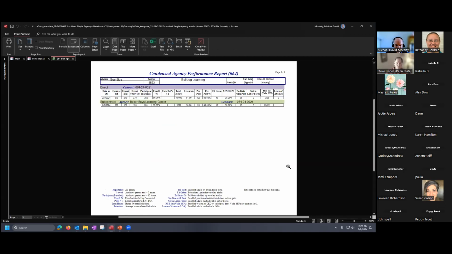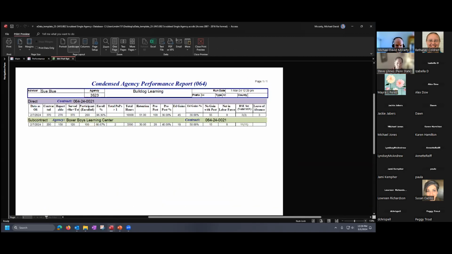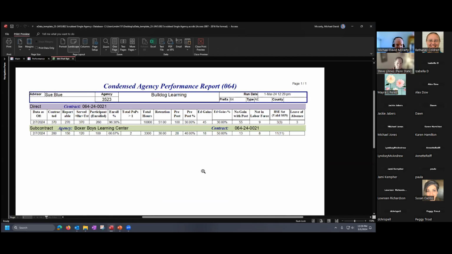And when I click it, you'll see once condensed is selected, you'll get exactly what it says, a condensed report that shows you one line using the most recent date for each agency shown, so direct and subcontractors. This can be useful if you have, again, a ton of data and you're getting towards the end of the year and you just have maybe 50 rows. This can sum it down to something that's a little easier to digest. Plus, what's really nice is if you have more than one subcontractor, you may be up to multiple pages in your report toward the end of the year. So this is a nice